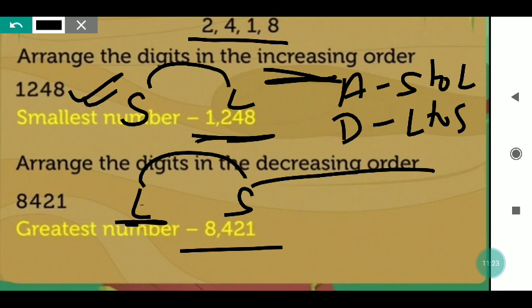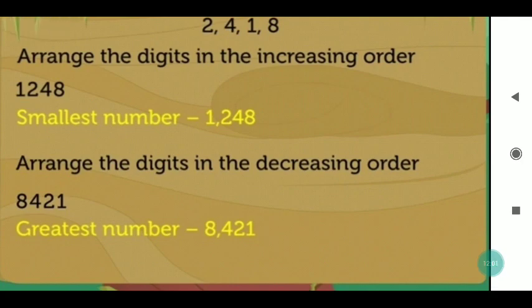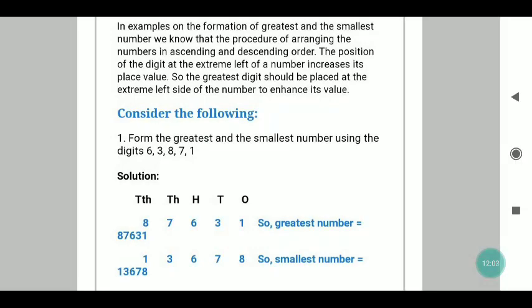When it is given to write the number in smallest form, keep this in your mind that you have to arrange it in ascending order, from the smallest to the largest, in increasing order. The smallest number will come first and after that it will go in increasing order. In the same way, when it is given to form the greatest number, it will go in decreasing order, meaning descending order, and every number written after will be smaller than the number written before it. Now the next, here also the same thing is given.